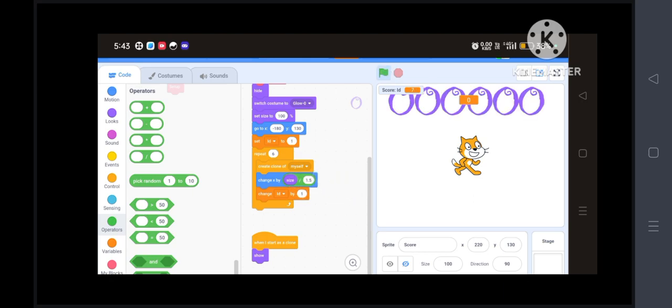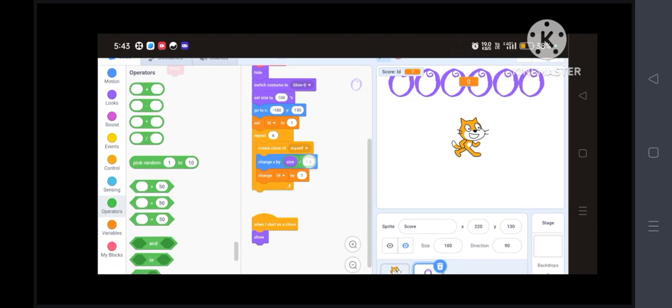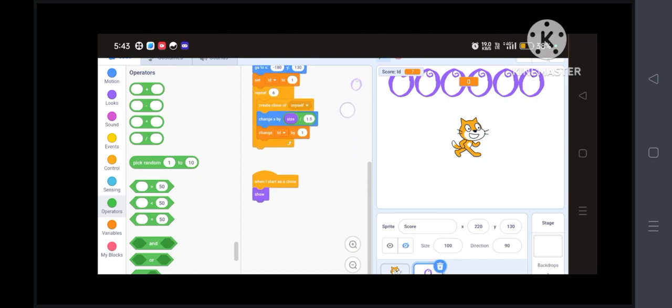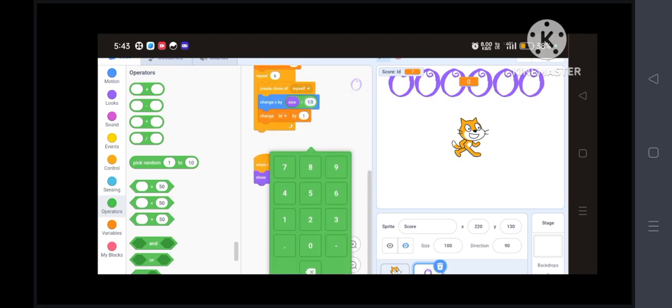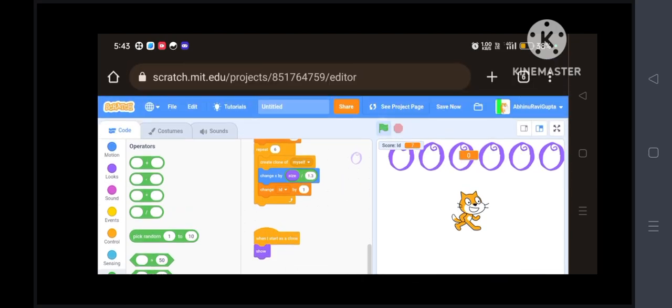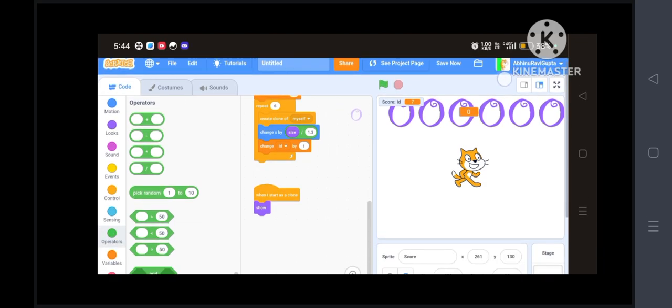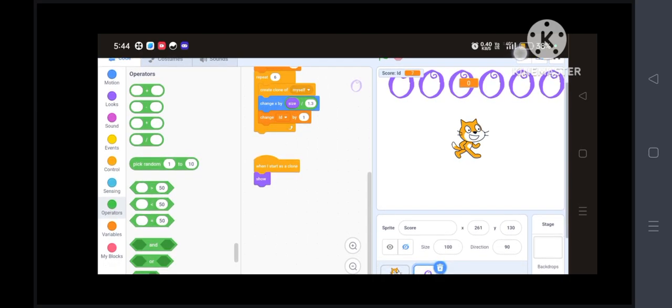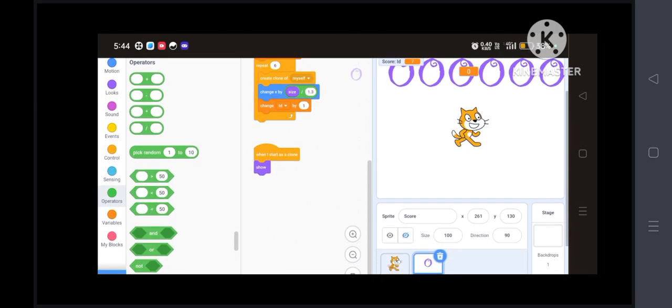This is not right. See, 1.5 makes them really nearby. Okay, so instead put 1.3, so that it will bring them a little farther. Here are the 6 clones, and let's make this variable a slider